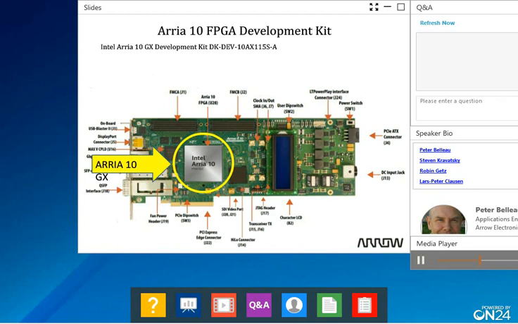Thanks, Robin. Okay, the ARIA-10GX FPGA development kit features the ARIA-10GX along with MAX 5 and MAX 2 CPLDs. In addition, there are power supply modules and ICs from both Intel and ADI on the board. Now, for this kit, Arrow has negotiated with Intel to include at no cost a 1-year license for Quartus Prime Pro Edition and DSP Builder software, as well as Intel's IP for the Nios 2 processor and the triple-speed Ethernet MAC.